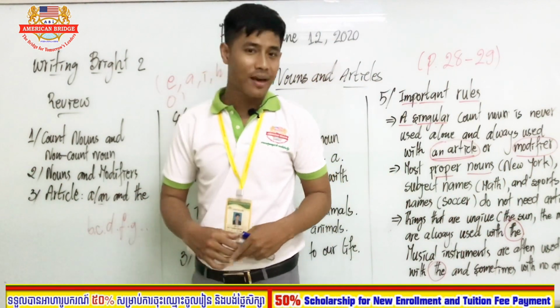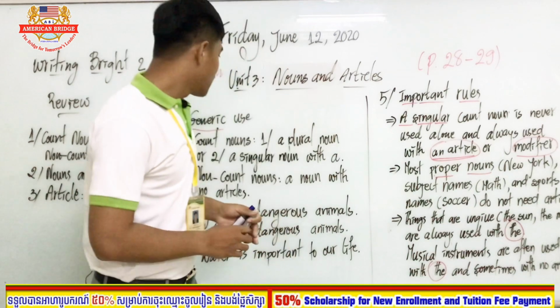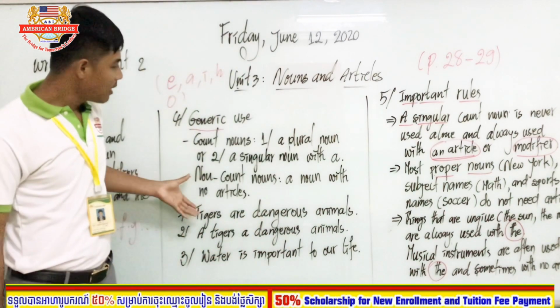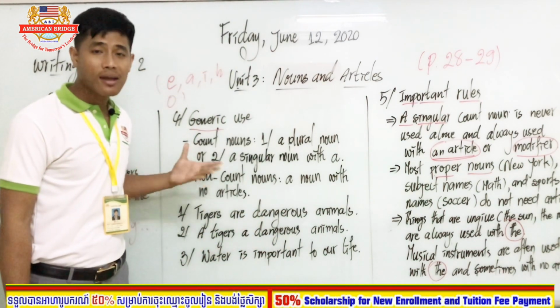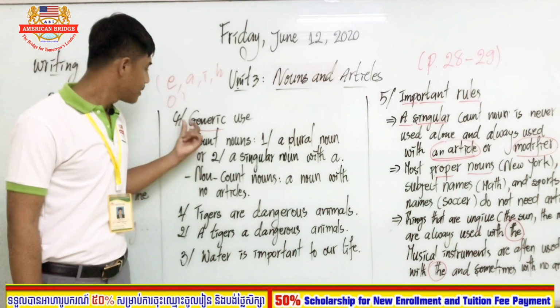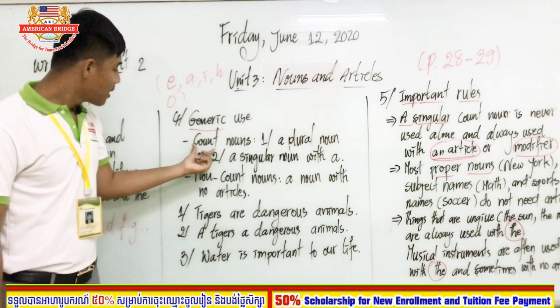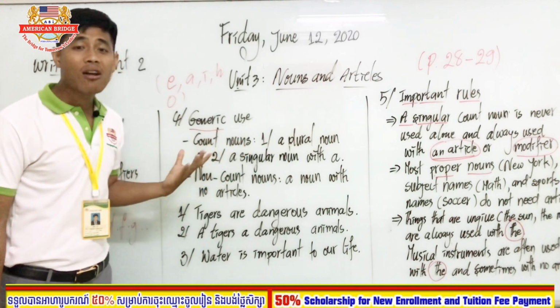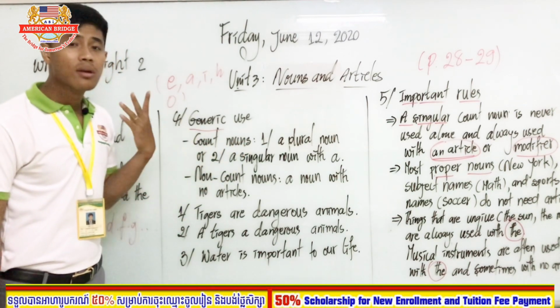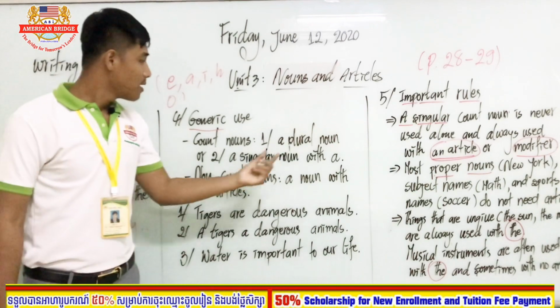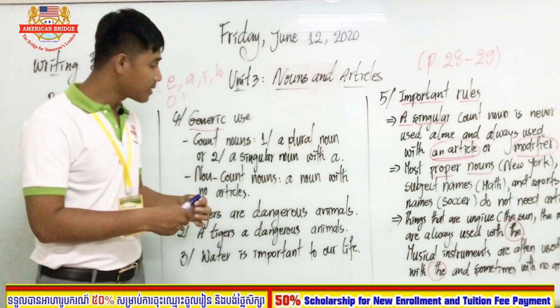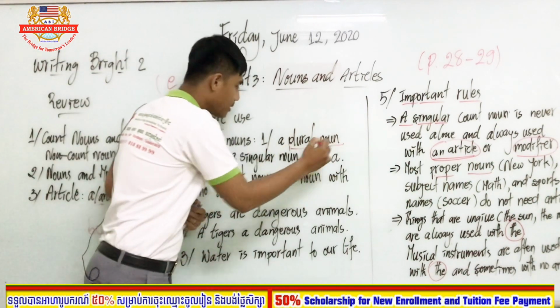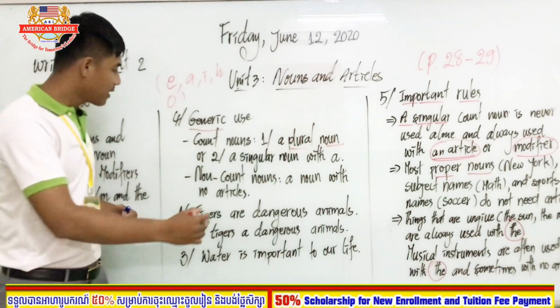And the. How do you use articles? Okay, so here to be clear about how to use a, an and the, right? Let's see. Generic use. Count nouns. Count nouns divide into two. Count nouns, we have plural nouns, and second we have